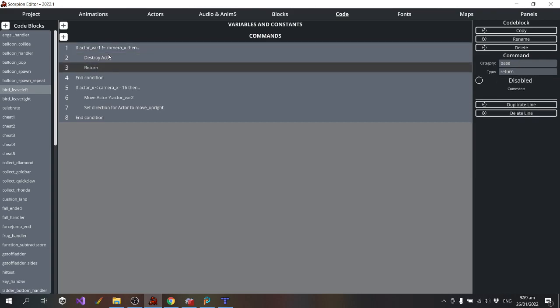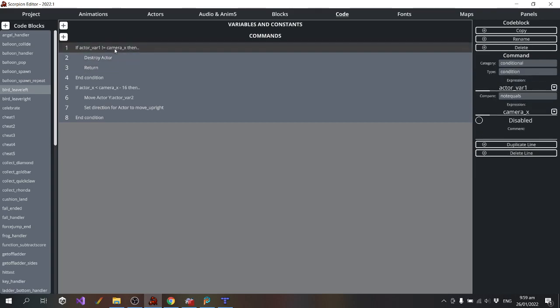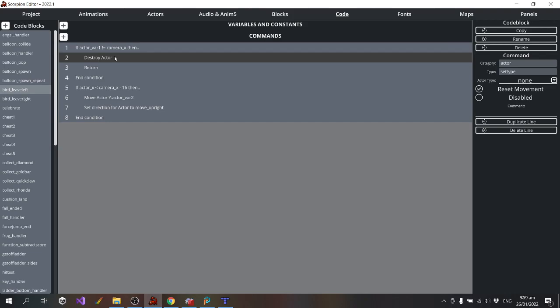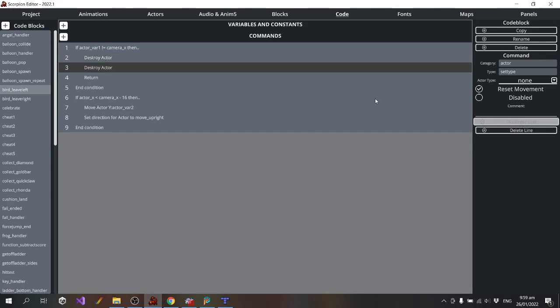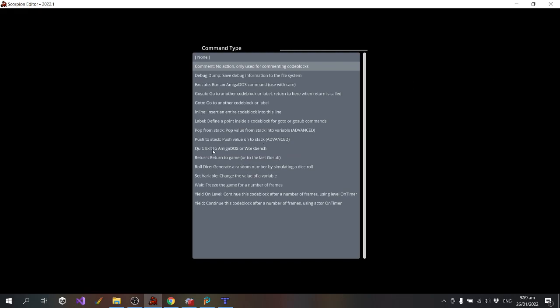Maybe it's a bug with... Could be a bug with this line. I don't think it is, but I will just rule it out.